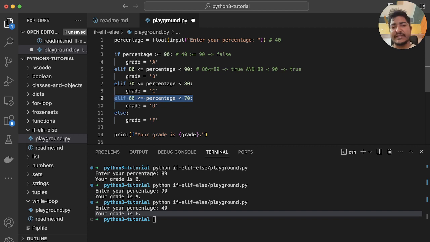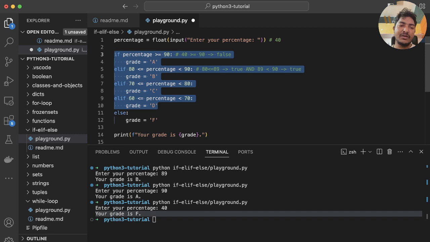So it checks for 60 is greater than or equals to 40. That is false. And 40 is less than 70. That is also false. So it won't be executing this block as well. And the remaining block is the else condition. So all these conditions are not met, so it will pass to the else condition block, and that will execute the